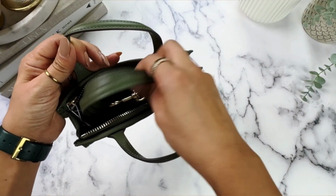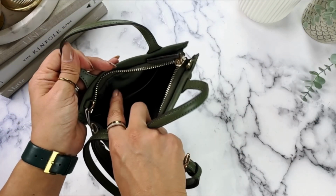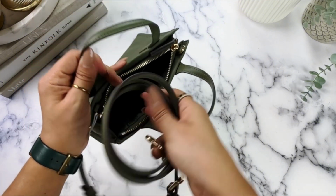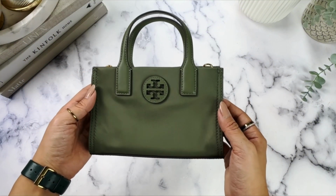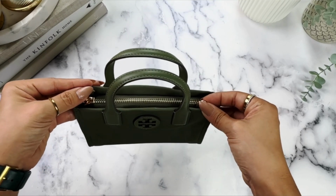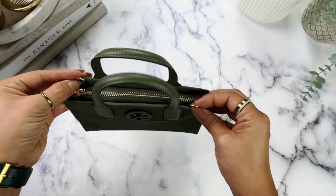It also comes with a crossbody strap and a little card slot here in the interior. So to be honest, since I haven't really used this bag yet, I don't have a lot of opinions to share on it. I will say I know off the bat that I really don't like when bags put their